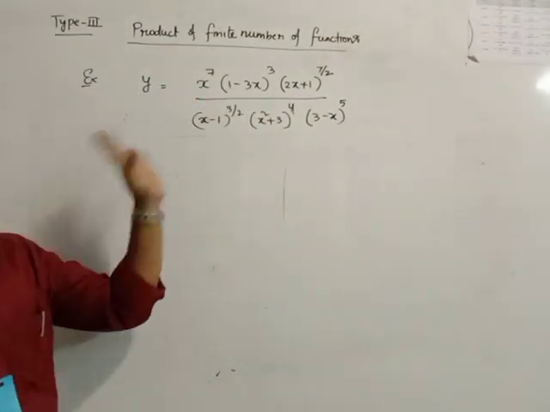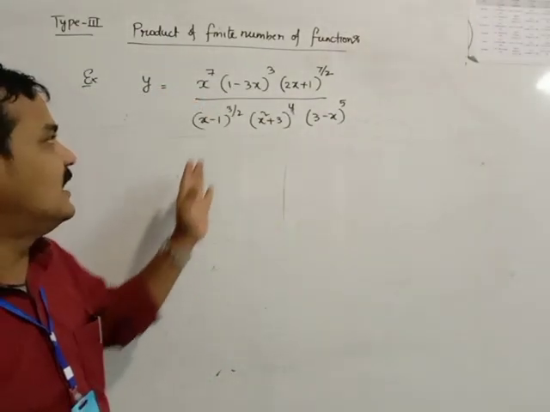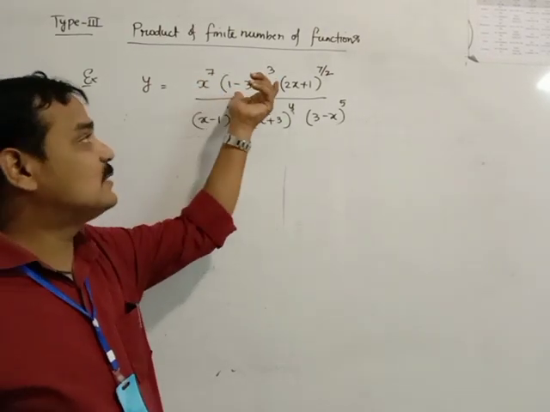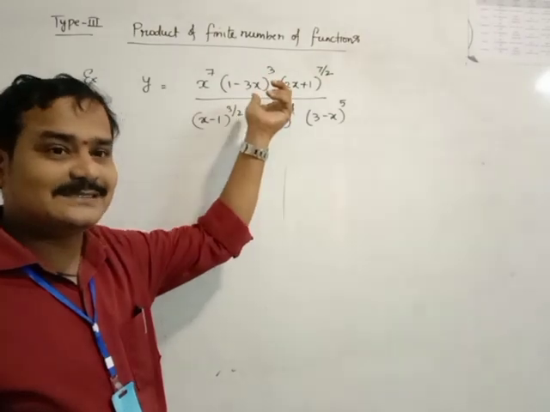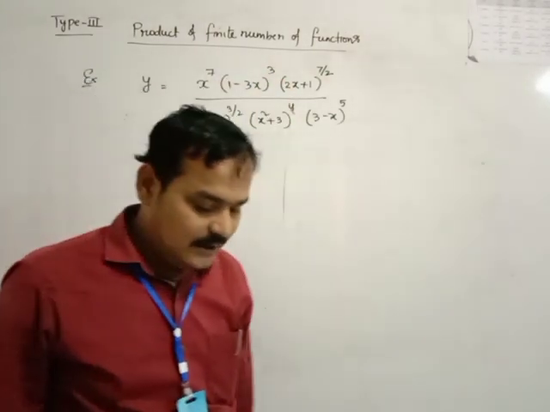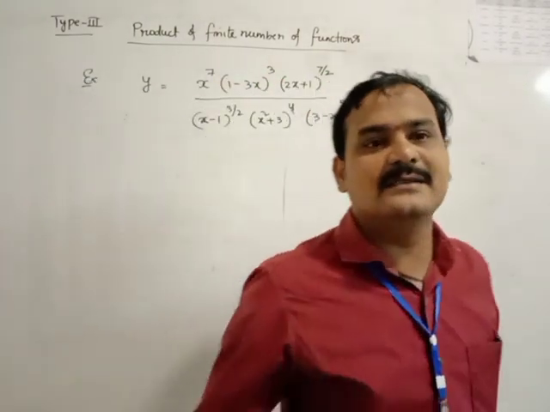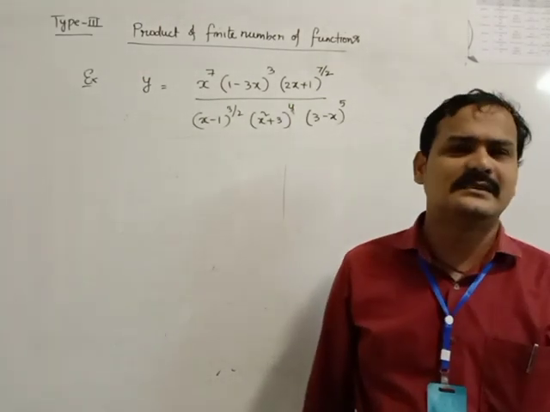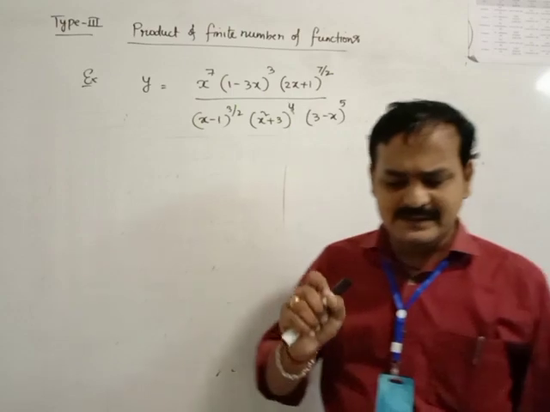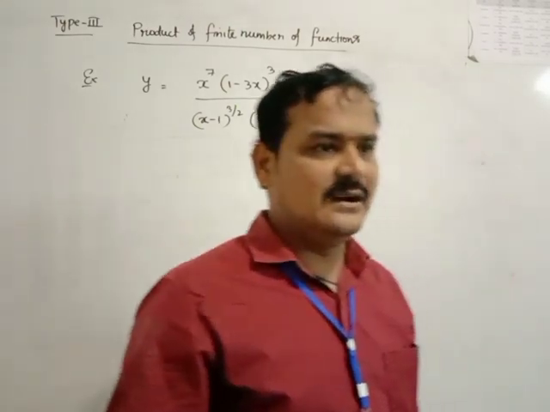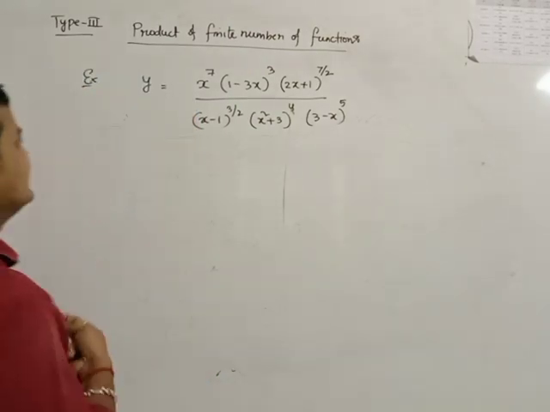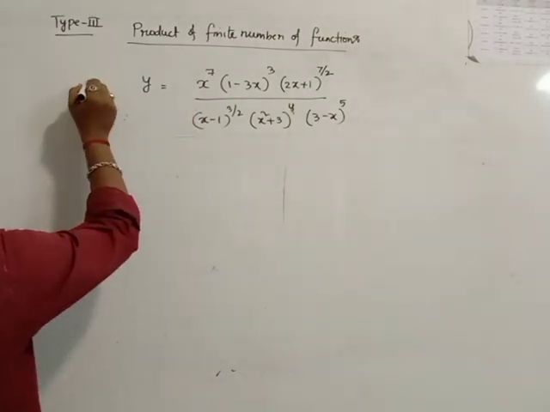Generally, how can you do the derivative of this function? By using the u by v formula. After that, you take the derivative of v and the derivative of this one. Again, you need to apply the product rule for the 3 functions. It becomes lengthy. But when you take the logarithmic differentiation, the simplification becomes very easy. It means that when you apply the log, it converts very easily.